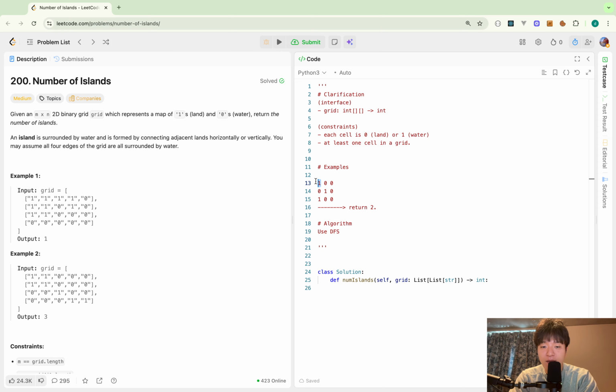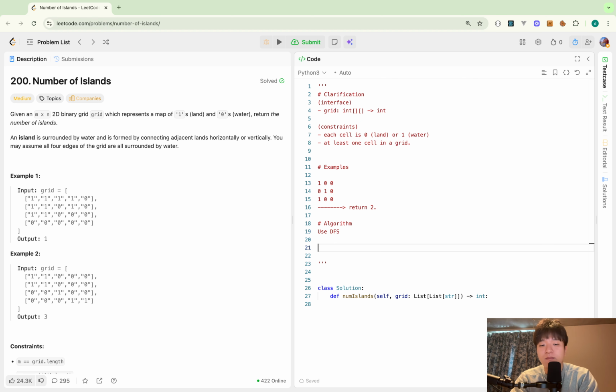If this is land, I start the DFS from there. So I find the connected land cells from the starting cell and mark them as visited. Every time I visit a new cell with probably a double nested for loop,